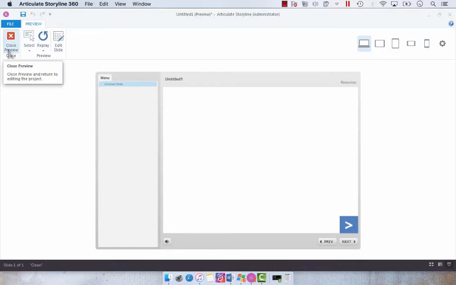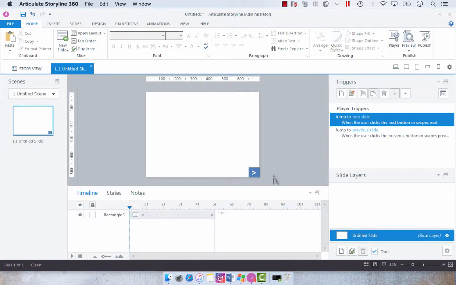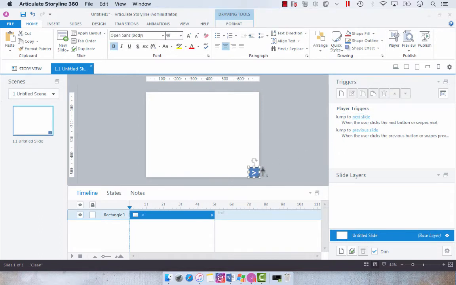The issue that I find with this is that sometimes it's extraneous and it's taking away from your screen real estate. I mean, sometimes it's fine. It just depends on the aesthetic that your project has. But there is a really quick way that you can adjust your default previous and next buttons without having to create a button and either add triggers and put them on the slide master or put them on